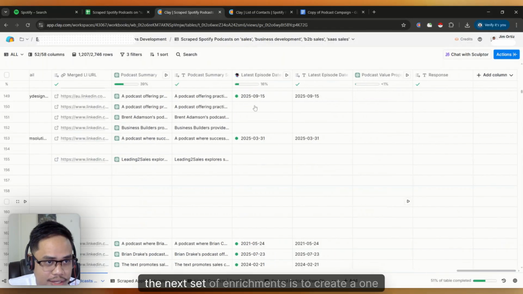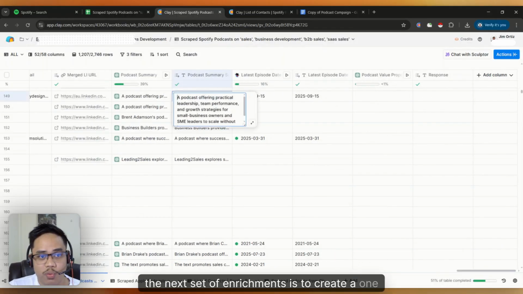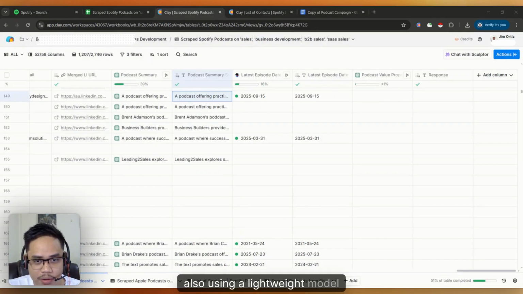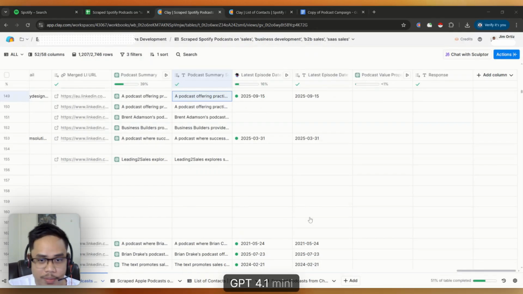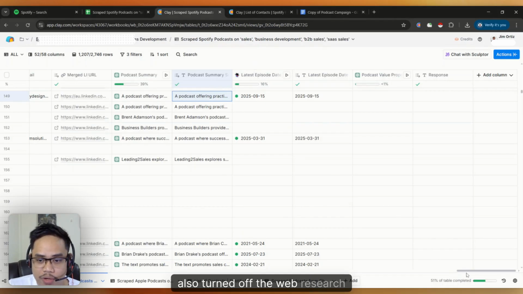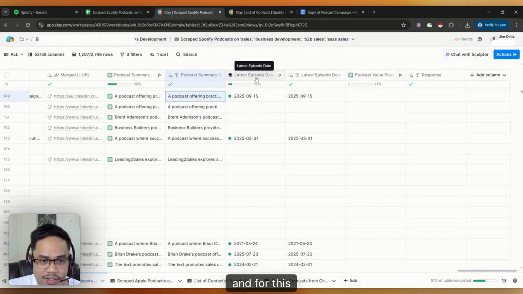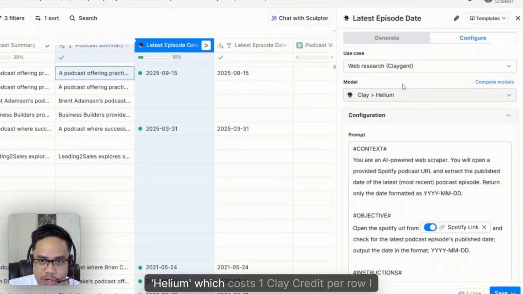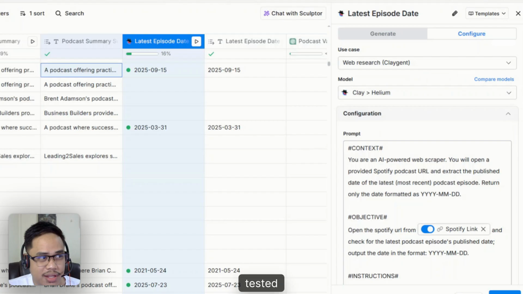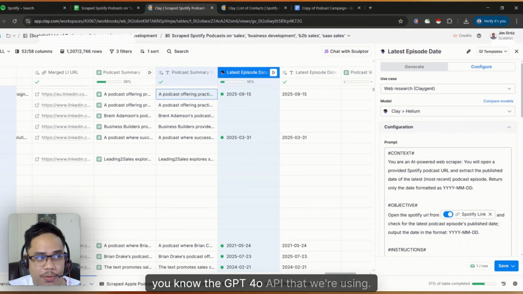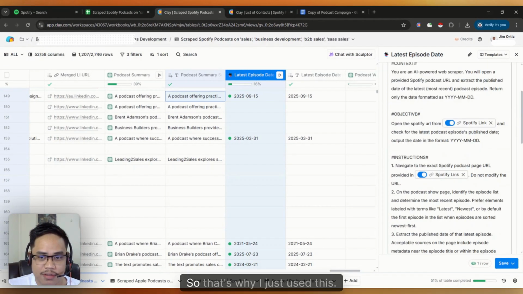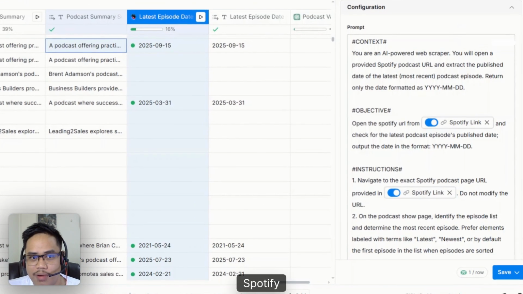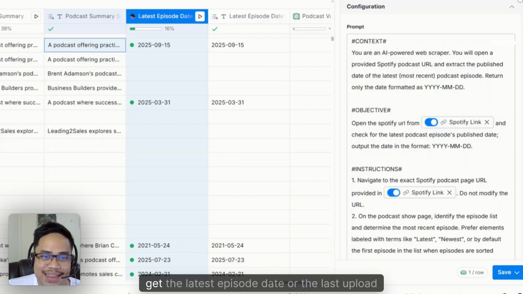The next set of enrichments is to create a one sentence summary of the podcast by reading the descriptions, also using a lightweight model, GPT 4.1 mini, and also turned off the web research. And for this Claygen enrichment, I actually used Helium, which costs 1 Clay credit per row. I tested the GPT 4.0 API that we're using, but it could be more expensive, so that's why I just used this. The reason is that it has the ability to visit the Spotify webpage and basically get the latest